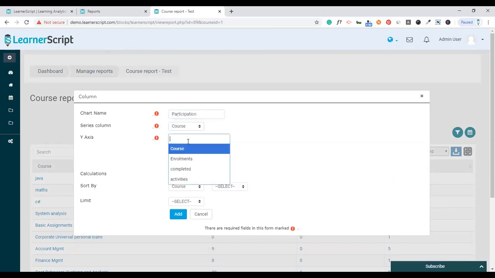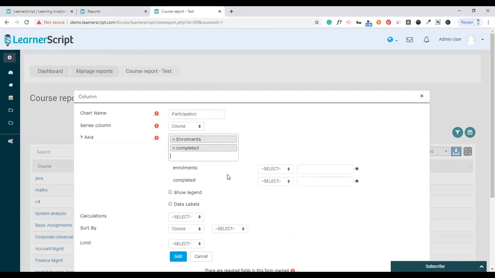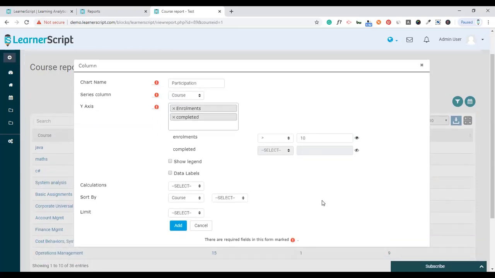Let's see the course participation, enrollments and completed. And there is a new option available in LearnerScript 2.0: I don't want to see all the enrollments, but I want to see the enrollments greater than 10. I can put some conditions for the selected column so that I can have the graphs which I require. Now there is more flexibility for this